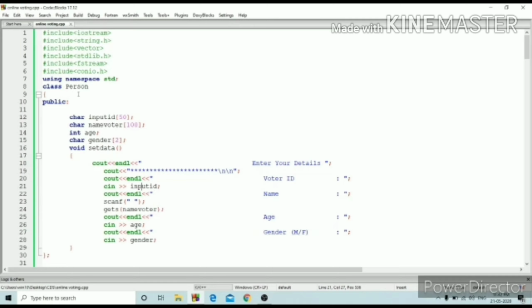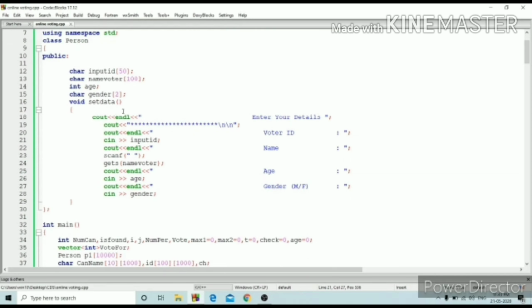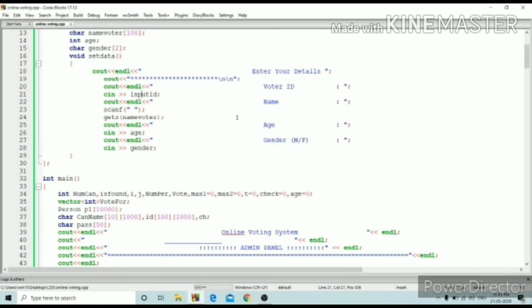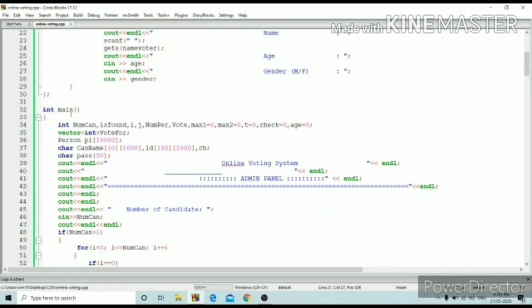I made one class named person, and I use the public specifier and declare some data variables. Here I made one function named set data, and in this function we enter some details like voter ID, name, age, gender, and here I use the main function.